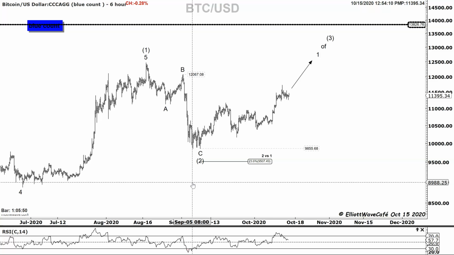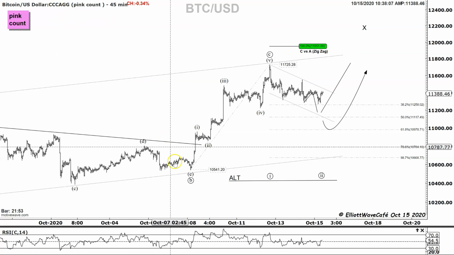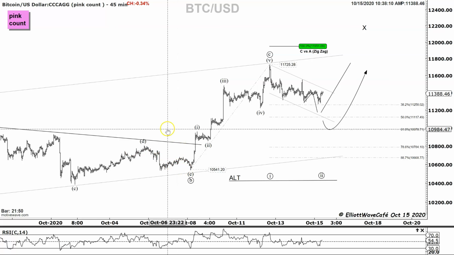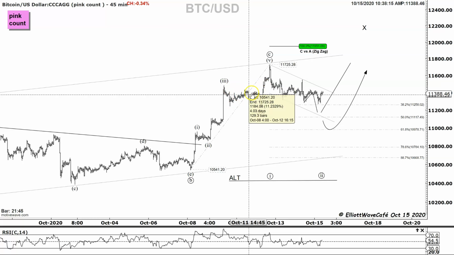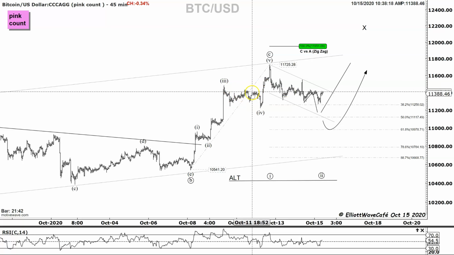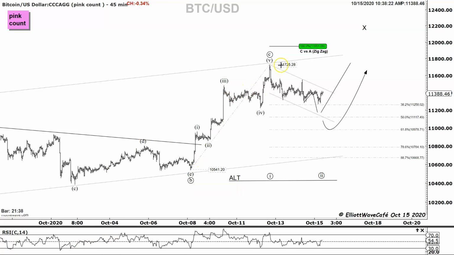So here it is. Take a look at our counts here. So I'm just going to start with the 45-minute chart on here and just kind of looking from the end of this triangle. So we identified the end of this. We traded up here. We were able to kind of get out of positions up into these levels around 11,300, 380, whatever. And I kind of spend a little time looking at this as having a completed move from the lows. And we were waiting for a fourth wave here to possibly push one more push up higher in the fifth, but the moment I saw that this thing extends and we're starting to fail, up into these levels, I